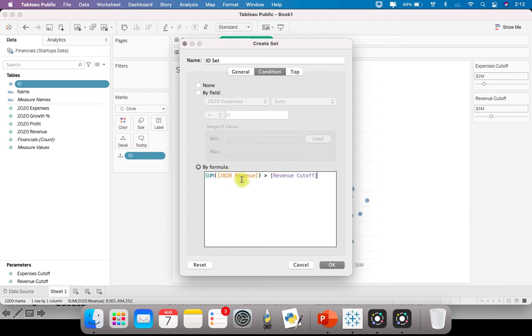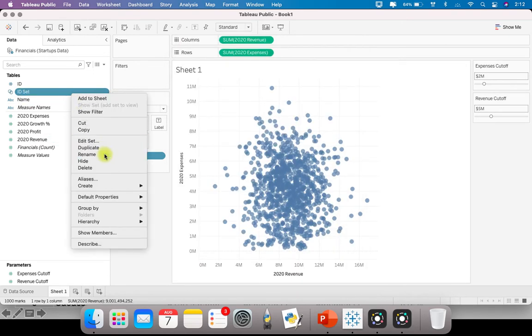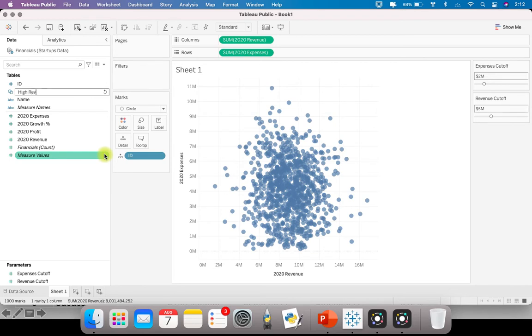We'll just use the aggregation for the field which is in our database. And we want to basically highlight only the companies which have revenue more than the revenue cutoff. So that is why we are using this formula, revenue greater than revenue cutoff. Click on OK, and give a name to this. This will be high revenue companies set.